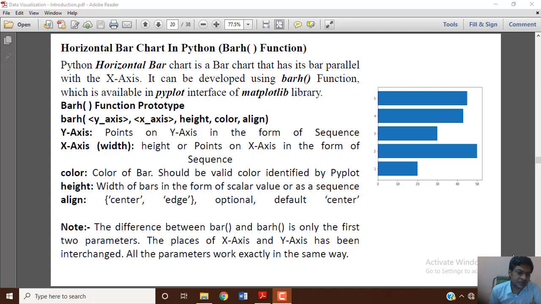These are the different parameters for the bar chart. The line chart displays lines connected with markers, whereas in the bar chart the x-axis represents the marker points which you specify, and the y-axis is the height of that particular bar. That is what we learned about the bar function.